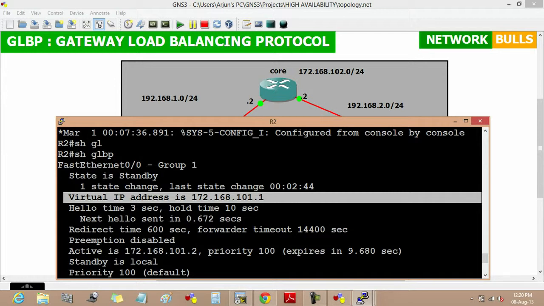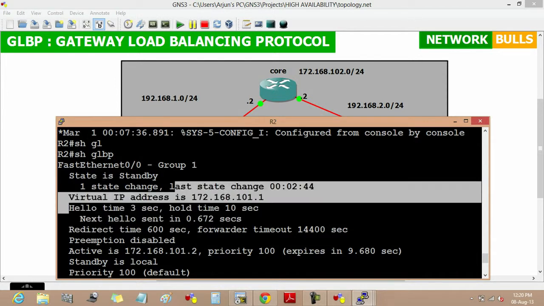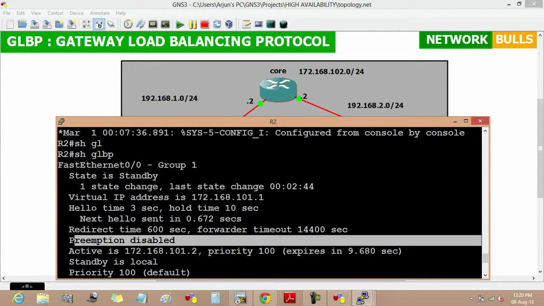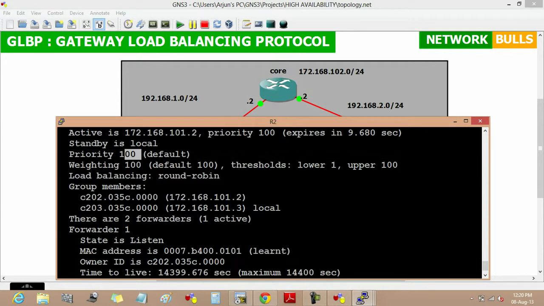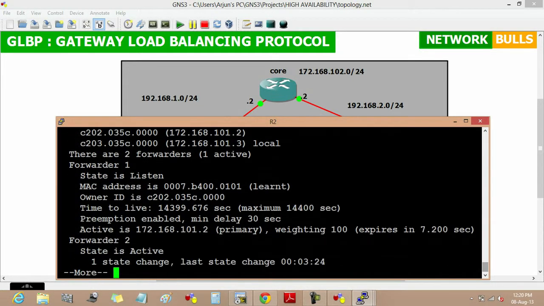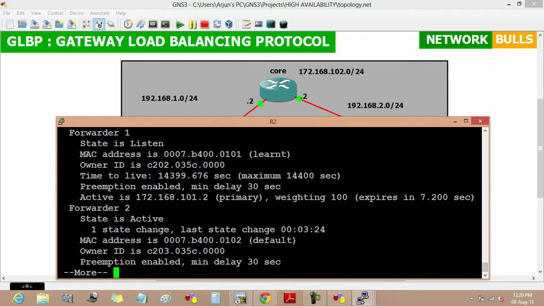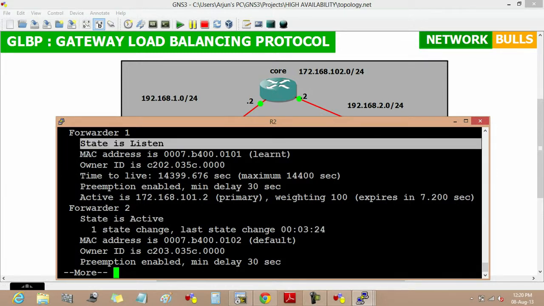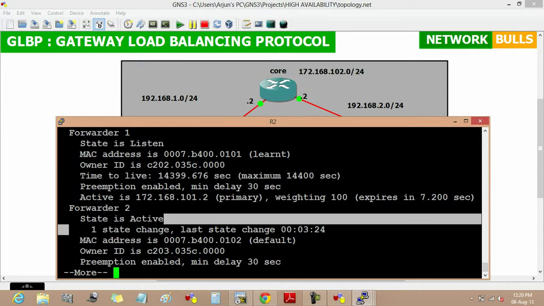The hello time is 3 seconds and hold time is 10 seconds, and in GLBP the preemption is disabled by default and the default priority is 100. Now there are two forwarders, forwarder 1 and forwarder 2, and for forwarder 1 the state of router 2 is listening, and for forwarder 2 the state of this router is active.